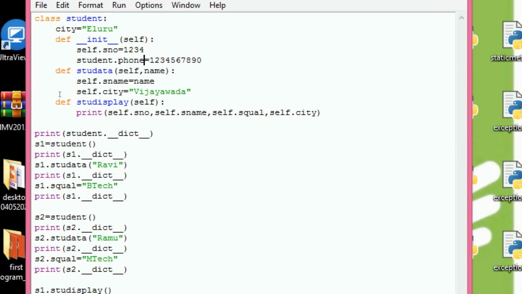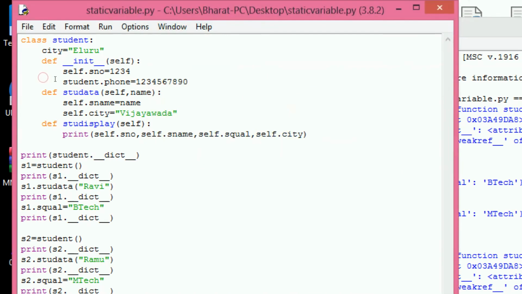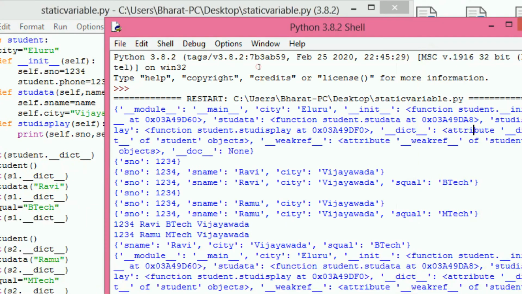Now we can execute this program. Student dot dictionary: we can access the dictionary with the help of the class name. All the static variables are stored in student. If you observe, city Yeluru is declared as static.